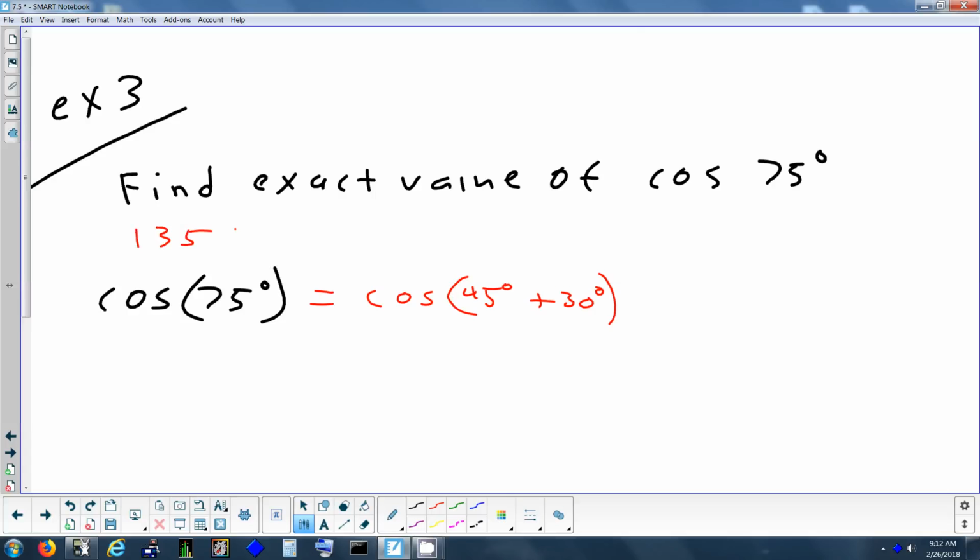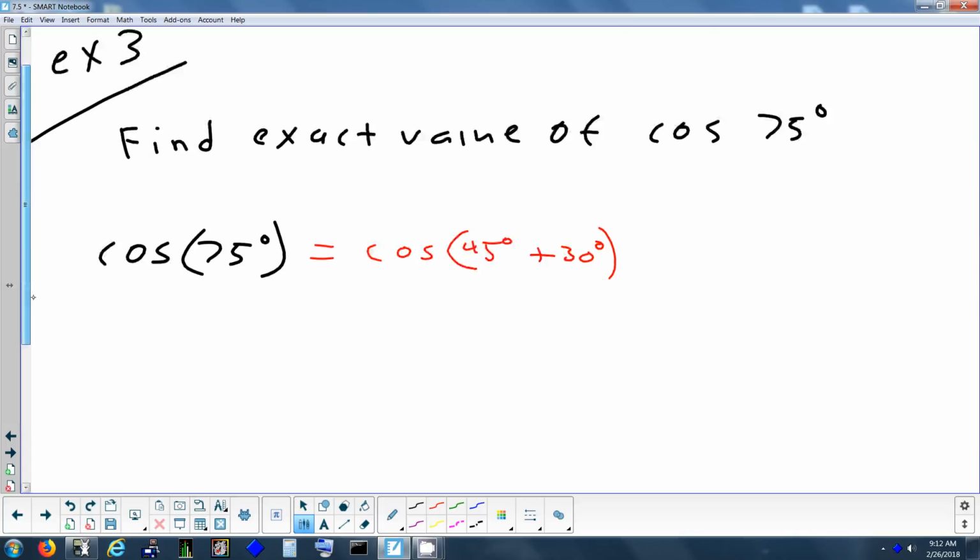Yeah, exactly. If you took 135, which is a multiple of 45, and 60, which is a multiple of 30, if you subtract the two, you get 75. So you could technically do cosine 75 as a difference problem if you forgot the sum. Anything you can do as a sum, you can do as a difference. That's kind of the point. All right, so now let's go through